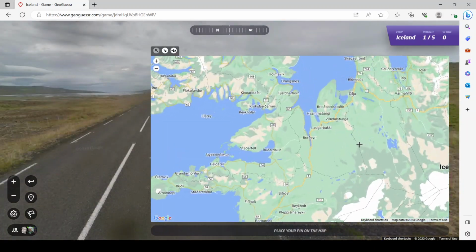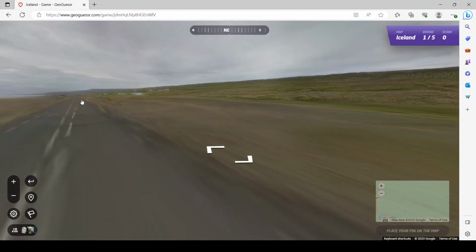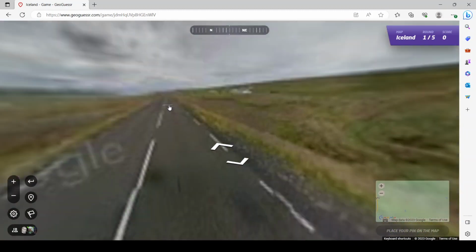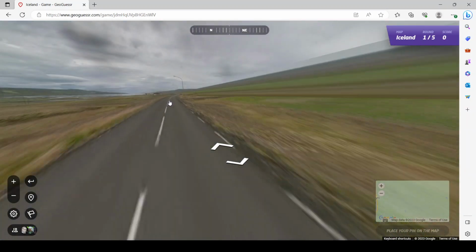Iceland usually, if you zoom in here, you see these white rectangle numbers, and they're nicely grouped by what numbers they are. So once you find one, it's pretty easy to find the rough area where you are. It's a little bit tricky to narrow down specific locations sometimes, but